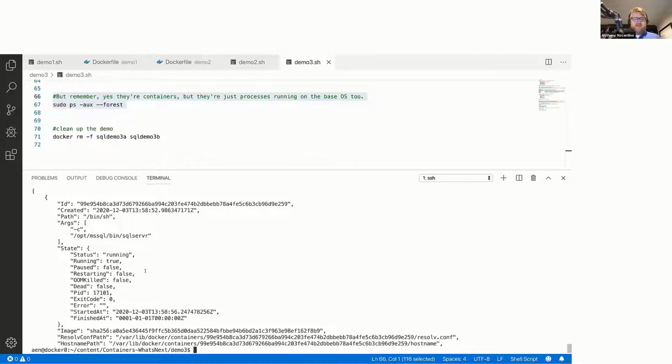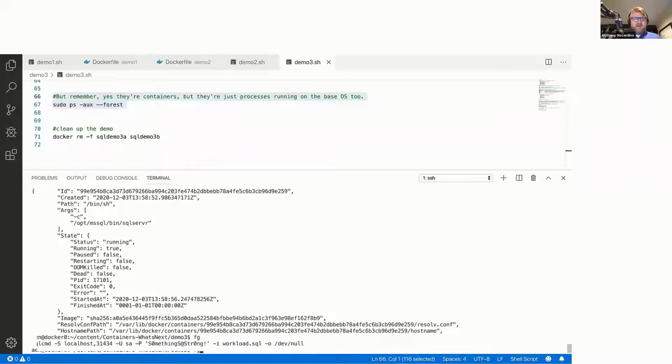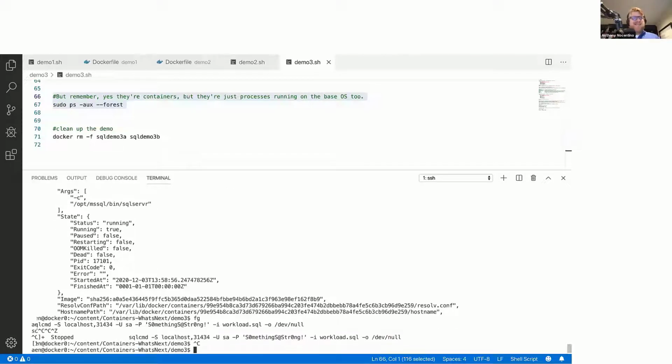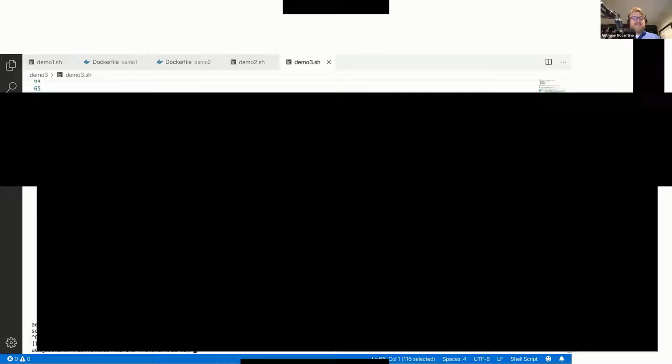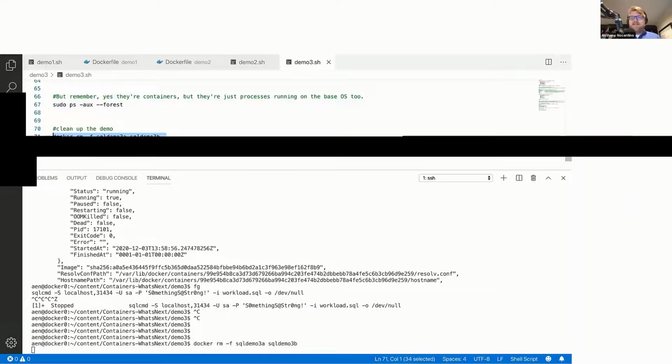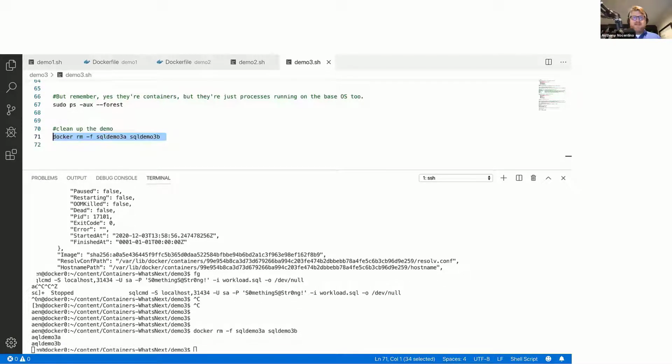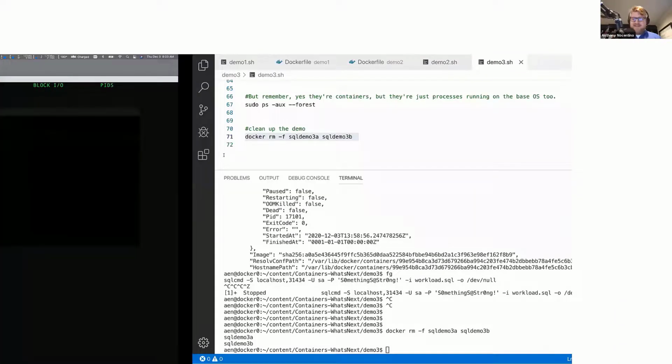SQL Server was started. So let's kill that workload before this laptop, that's my backup laptop, gets a little sadder. Kill that workload, okay? And delete our containers. And jump back into the presentation. I can really hear my CPU fans now. My laptop is not happy. So, come on, there we go.